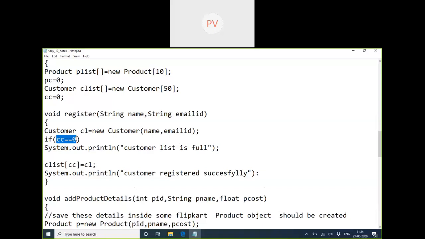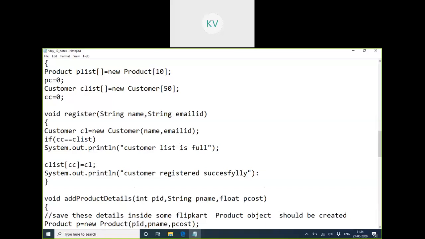Zero means... sorry, it should be less than the array length. If it's equal to the array's length, or greater than the array length, which is also not possible.